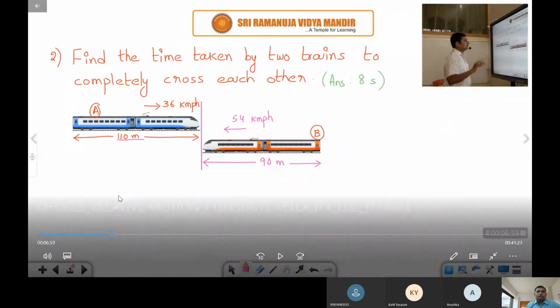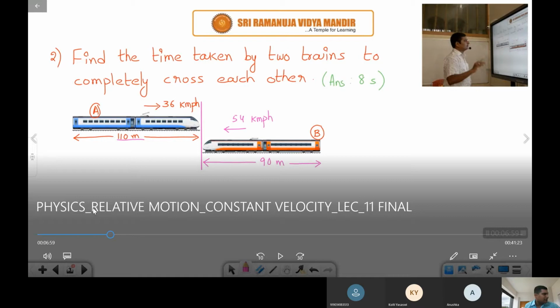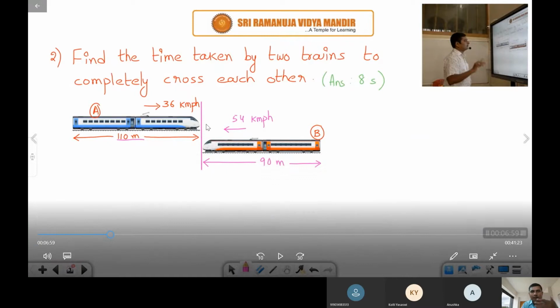Now next one is find the time taken by the two trains to completely cross each other. Remember students, they won't give the diagram. They just give the question like this only. And from this question, we just have to understand that they're in opposite direction. Of course, in the question they'll tell whether they're in the same direction or opposite direction. So it is in the opposite direction. So we should always draw in this manner, that is, their engines are in contact with each other like this.